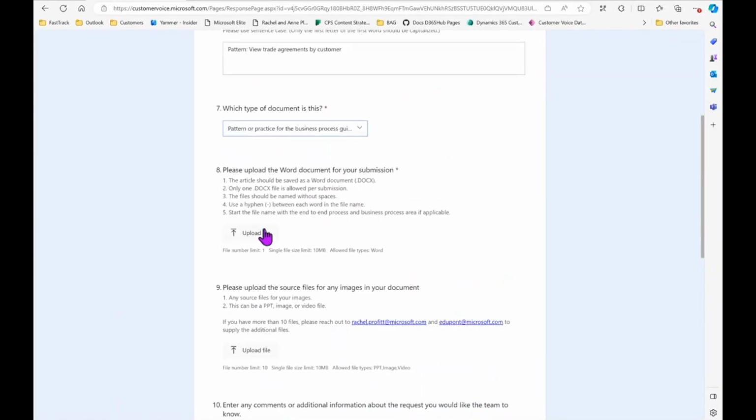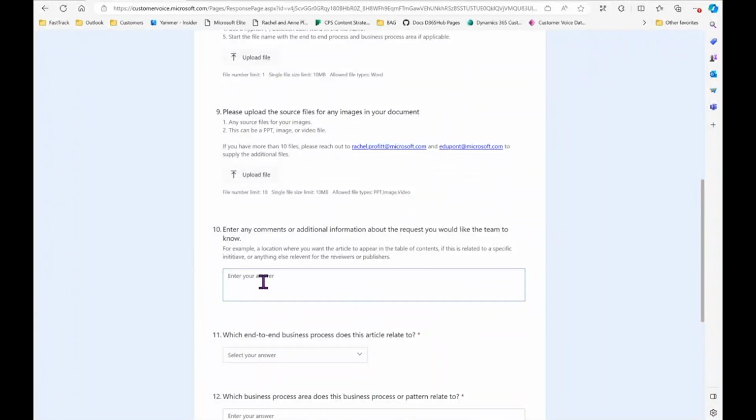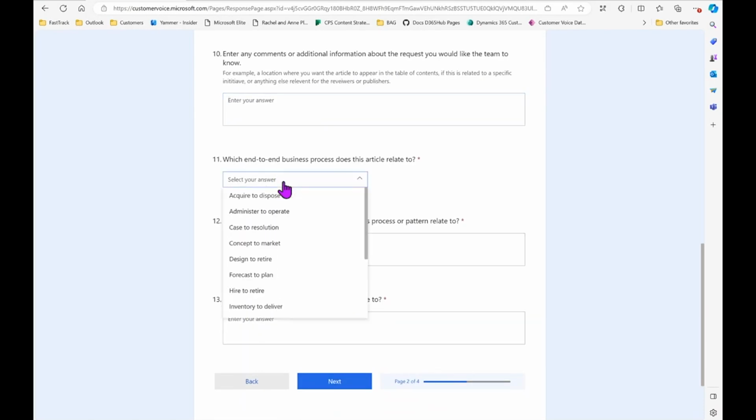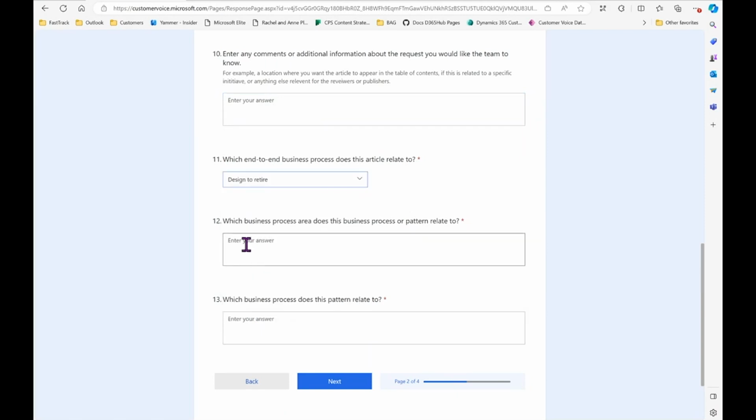You'll use the upload file button to go choose the Word document. If you have included any graphics or images in your article, then you'll want to include those. You can type in comments. Then it's important that for questions 11, 12, and 13, you're choosing which end-to-end your article goes with, and